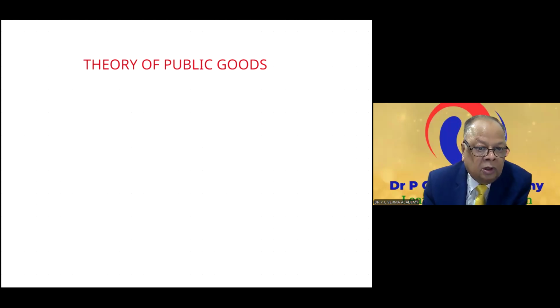Theory of public goods provides a rationale for the allocation function of public policy. Public goods exhibit the features of non-excludability and non-rivalry. In the provision of public goods, the private market fails to utilize resources efficiently.